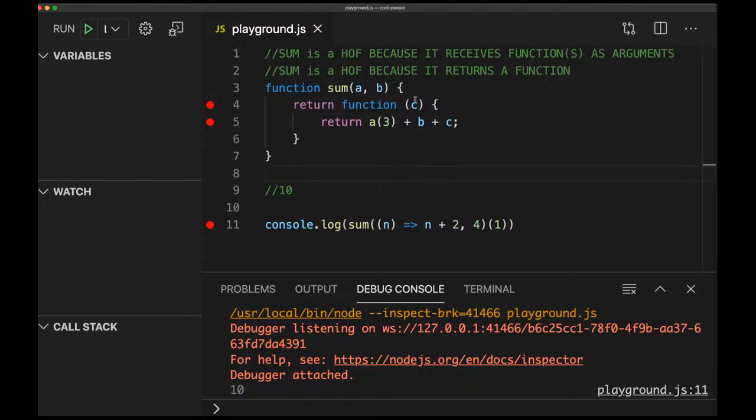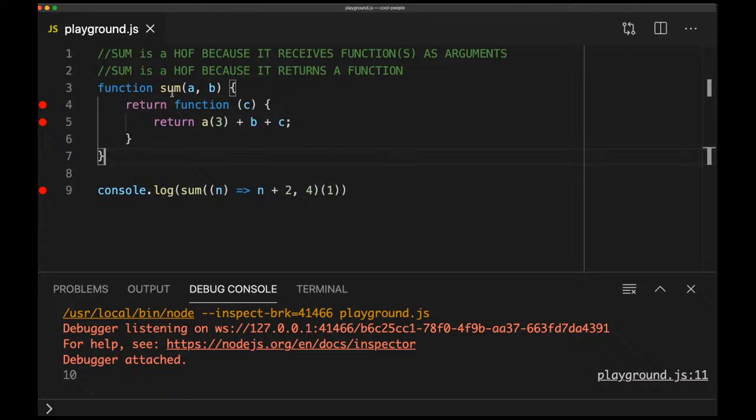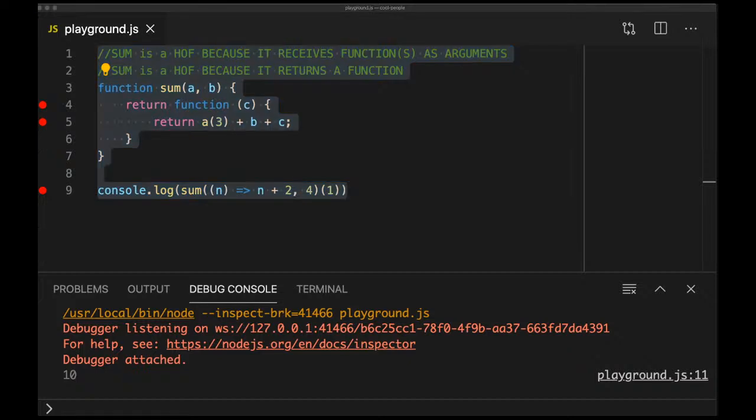So that's the two types, just to recap, the two types of higher order functions. A function, sum, is a higher order function if any of these two conditions are met. First of all, if the function receives an argument as a function. You got it here. Also, if the function returns another function. You got it here. Yeah. So in this occasion, sum is a higher order function because of these two reasons. Yeah. I'm gonna share the snippet with you,